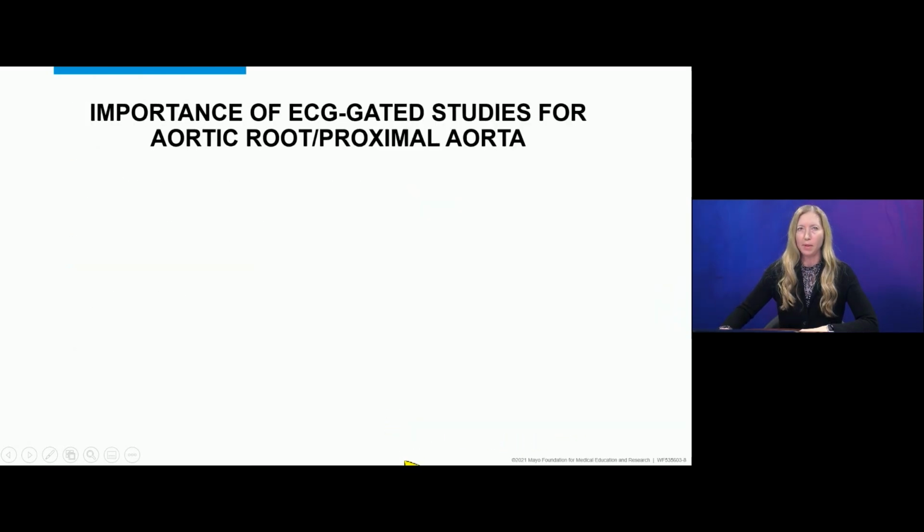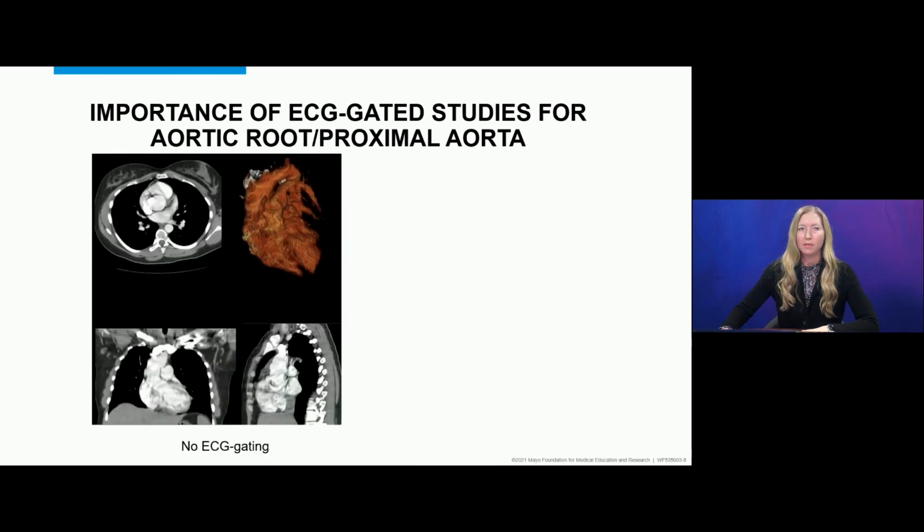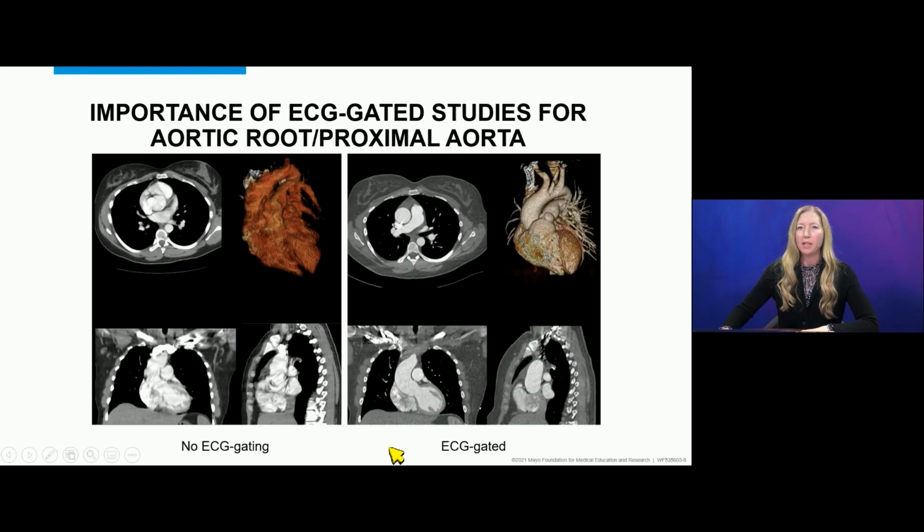Now, a couple of words about imaging. When we're talking about the aortic root and the proximal ascending aorta, it's really important that our CT or MRA images are gated. We do this to get rid of motion artifact. So here you see an image without ECG gating, and you can see that performing an accurate measurement of the ascending aorta would be very challenging. But when we apply ECG gating and we freeze motion, we get beautiful images,